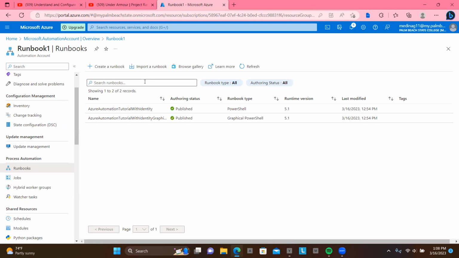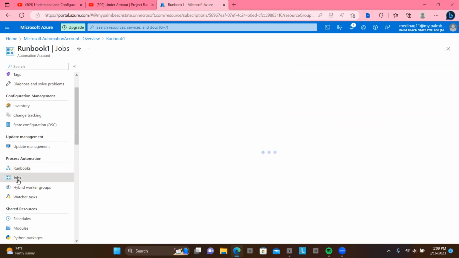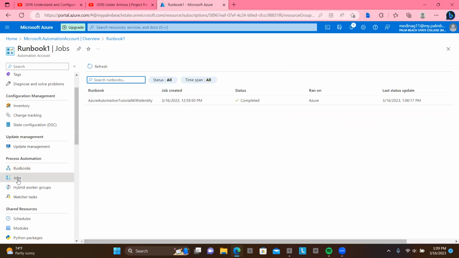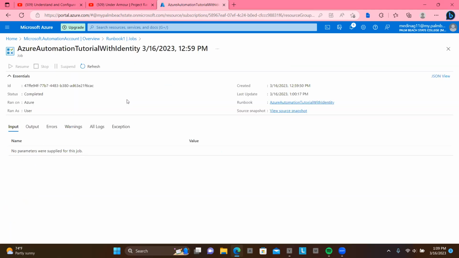And now let's go to jobs here and see. Since we already have this one, every time we click on this, it will display the date and the time for today. I apologize for that. My phone keeps ringing. Now, if we go on output here,